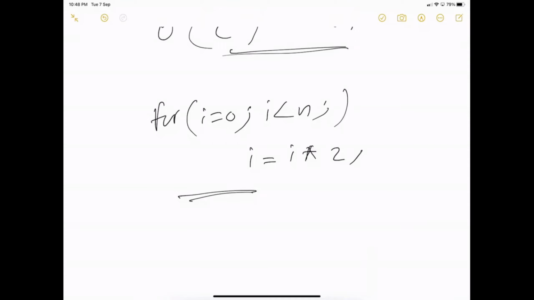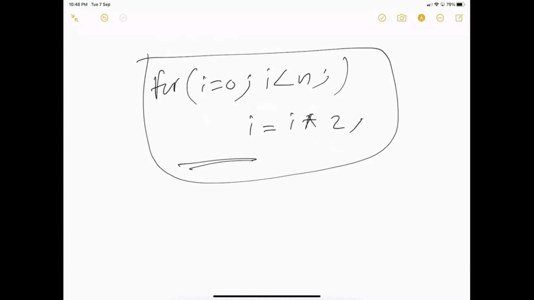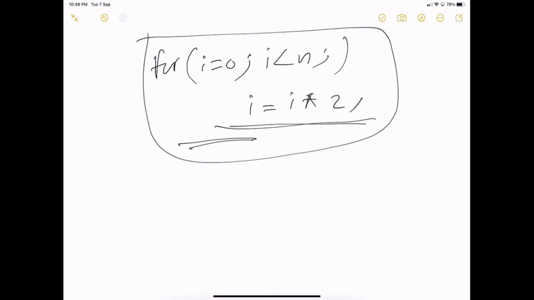Okay, there are answers such as order of c raised to n, order of log n, and order of n. This is one very special case which you have to understand. There is also an answer of order of n square. What is the worst case? Imagine that your n is 5. You will start with i equal to 1, because starting with 0 could lead to an infinite loop. So I have corrected it.